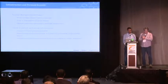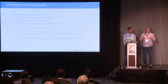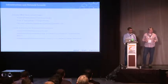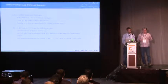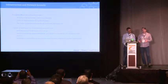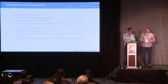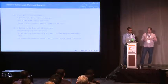So let's see, infrastructure and network security, we talked about. The low-level infrastructure is provided by Amazon Web Services using a combination of their virtual private cloud capabilities and security groups. The virtual private cloud, for those of you who aren't really familiar with it, essentially gives you an isolated subnet in Amazon that is also an isolated VLAN, so you don't have to worry as much about man-in-the-middle attacks or network sniffing type approaches. And really, a thing that made it really great for us, in addition to them handling things like physical security and all those things you need to be afraid of when you are thinking about